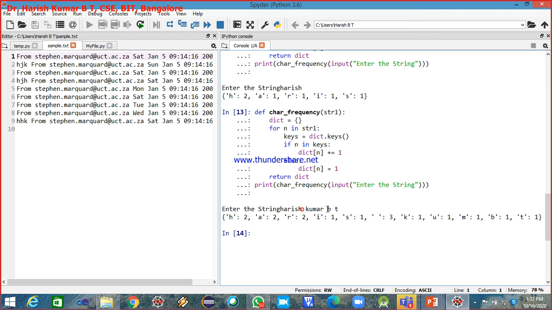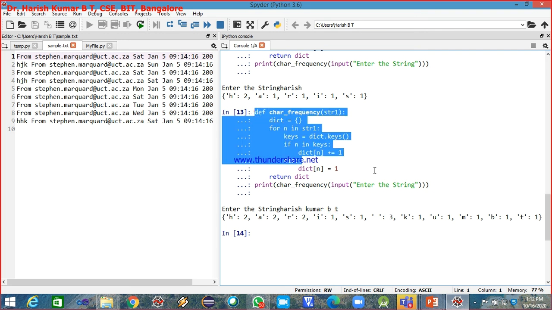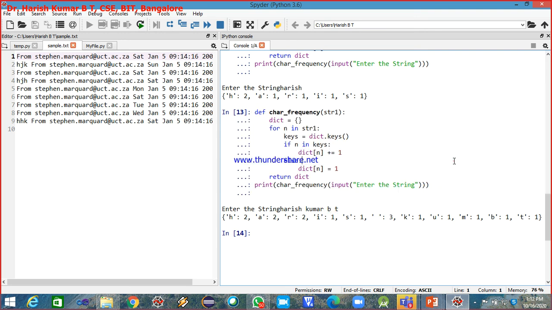See, 1, 2, 3. Space has appeared 3 times, and you got the entire frequency. So it's so easy doing this in Python. You give any big string as input and you'll get the frequency of the characters. You don't have to strain your head to get the frequency of the characters in Python.